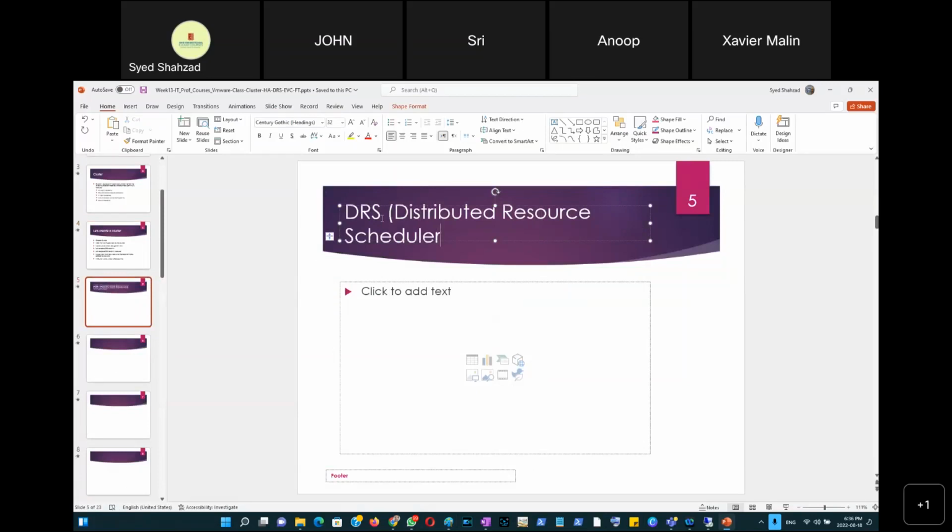So what it exactly does is that DRS automatically analyzes every 5 minutes the CPU and RAM of all hypervisors in the cluster, and